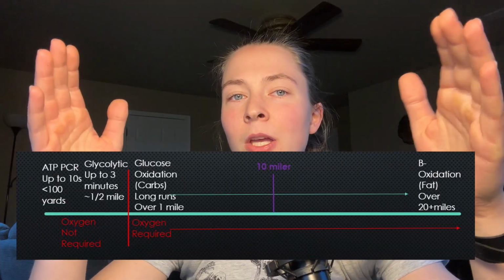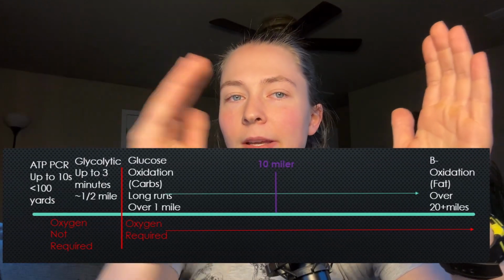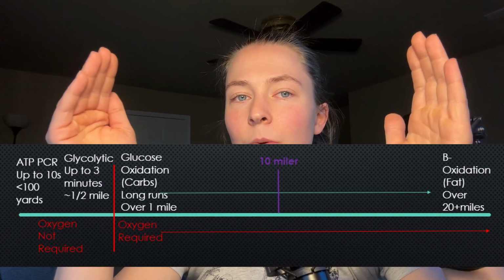We're hopping right into the fascinating world of energy systems. The first thing to note is that they lay along a continuum. So in reality, they're all happening pretty much all the time, but which one we're predominantly using is going to be dependent on the intensity of the activity, the duration of the activity, and the availability of oxygen within the cells. The second thing to understand is no matter which of these systems we're using, we're trying to produce a